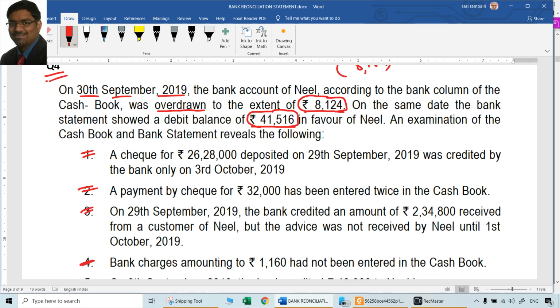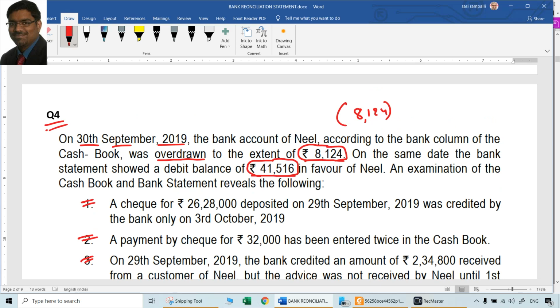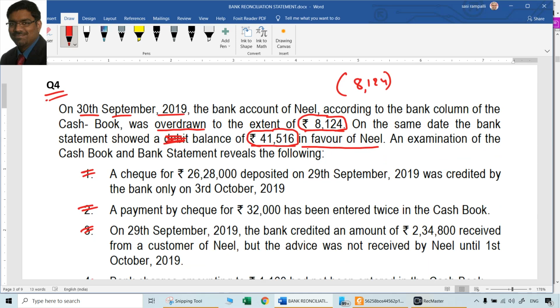Okay, it's a different story. They should not have used this word debit balance. They should have used the words: the bank statement showed a balance of 41,516 in favor of Nil. In favor of Nil is true now. Debit balance is not true. Since we did not know earlier, we ignored that. Now we know very clearly. It is a favorable balance to Nil, which is